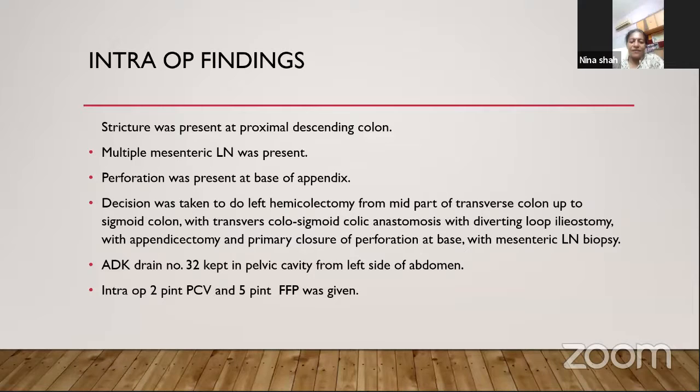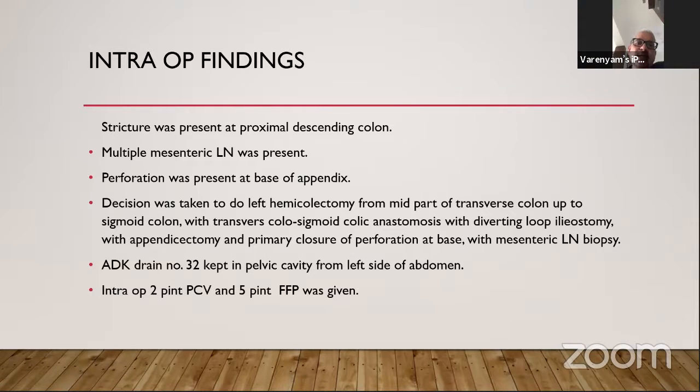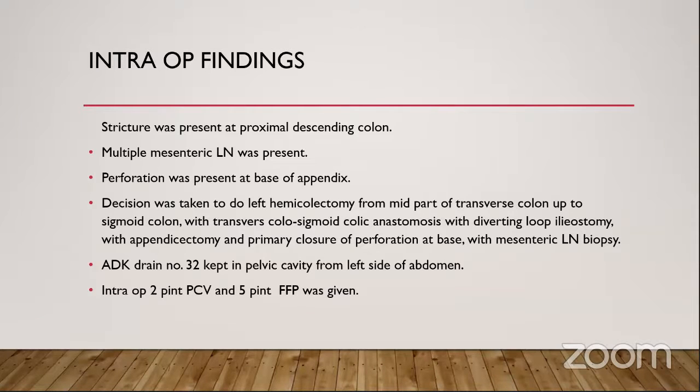Nina Ben, you were saying something? As the patient is young, 17 years old, can we do a proximal ileostomy? Is it possible that we can suture the perforation? We can do a radical left hemicolectomy and an ileostomy. No, then the disease will be there if you do not remove that. I mean, we do a radical surgery for the mass, but we keep whatever ascending colon is available. We do a primary anastomosis, we close the cecal perforation, and we bring out an ileostomy instead of a colostomy.